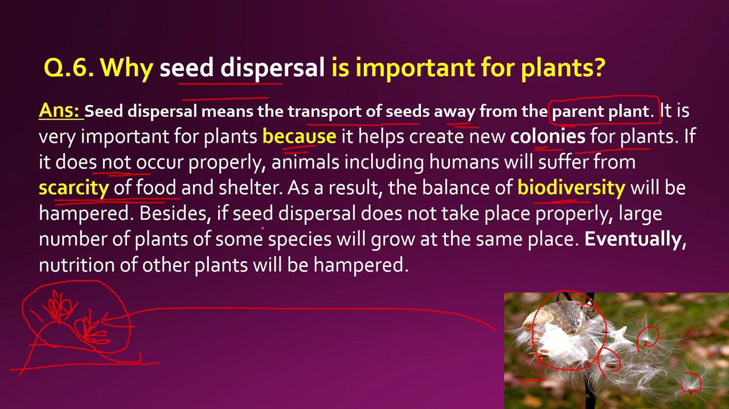Besides, if seed dispersal does not take place properly, a large number of plants of some species will grow at the same place. Species means a group of living organisms, a group of plants and animals. Eventually the nutrition of other plants will be hampered. For example, if you live in Bangladesh, here is a mango, maybe not good enough, or an apple,